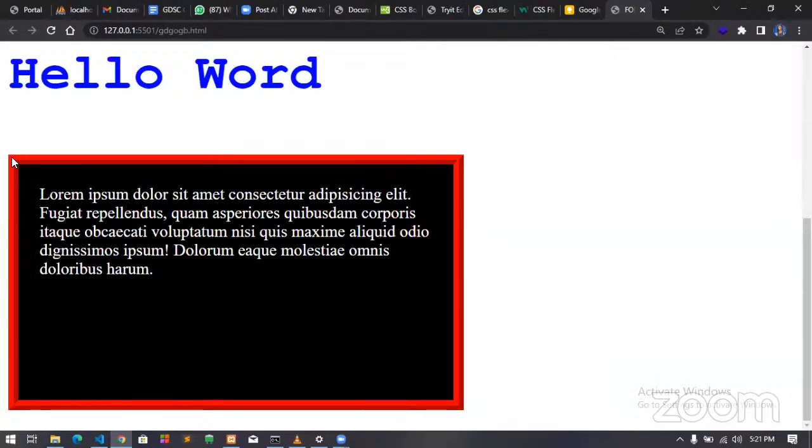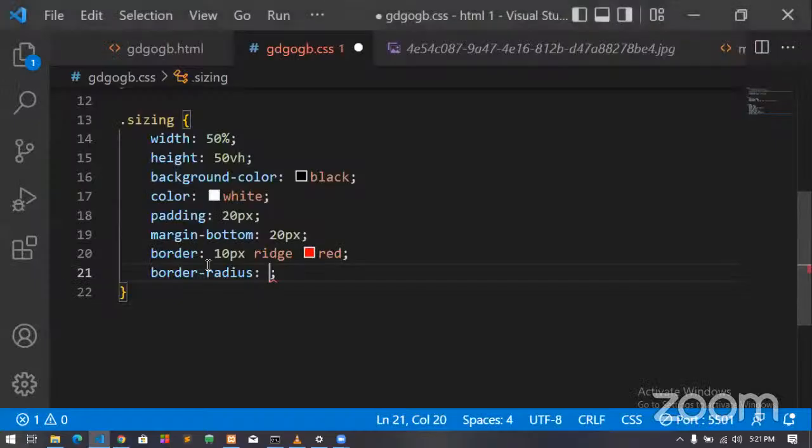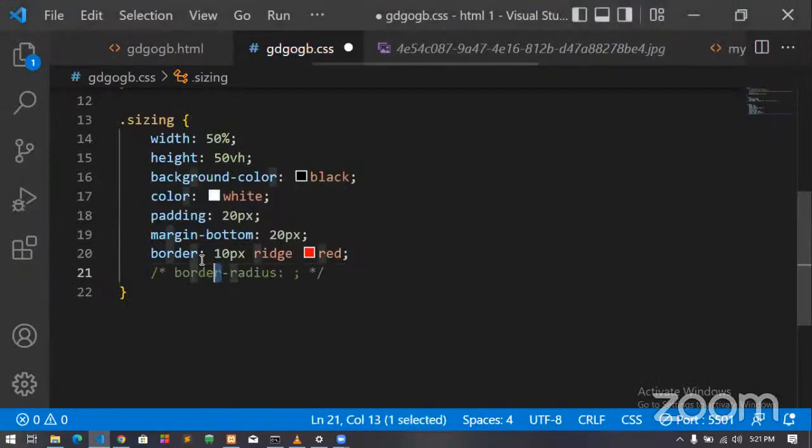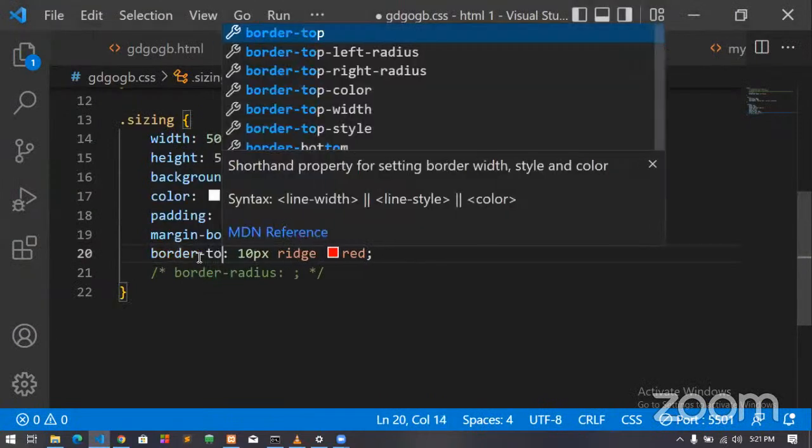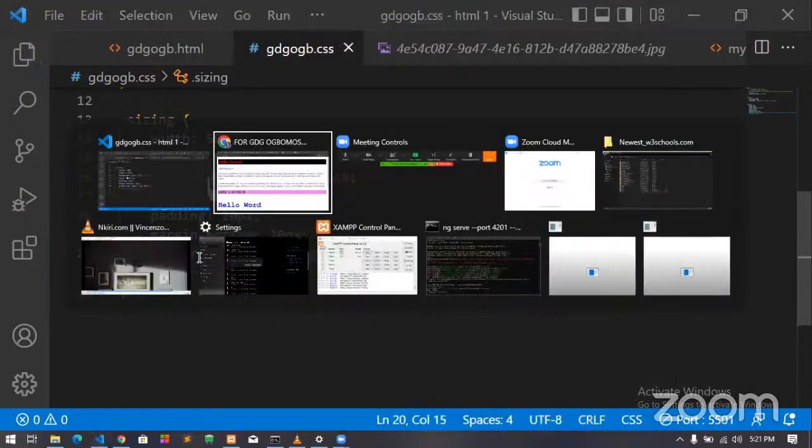It deals with your top left, your top right, your bottom. Let me do it like this. This is your top, as we all know. So this is your border top. Everything here is your border top, everything here is your border left, everything here is your border right, and your border bottom here. So you might decide that what you want to style alone is just your border top, and you will notice that it's only the top that is going to have this style.